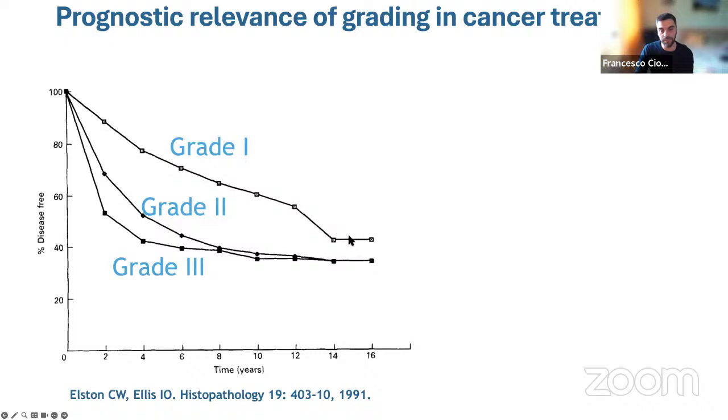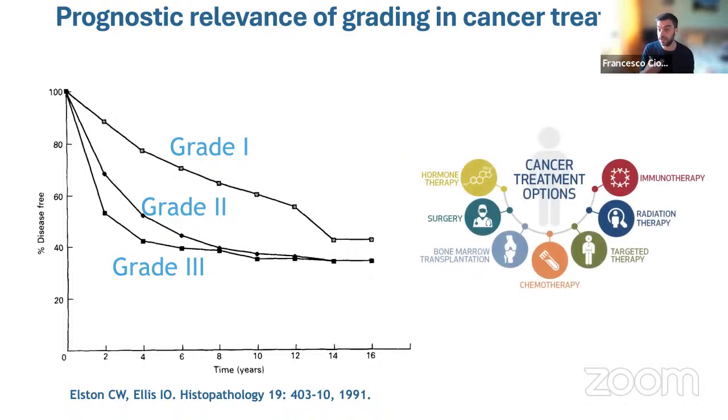You see grade 1 cases do much better than grade 2 and 3 overall. So this is probability of survival over time. And actually, it's something that you have to do pretty right, because depending on this, you also make choices on how you treat the patient. And now we are in an era where there is plenty of options for treating patients, from immunotherapy, radiation therapy, targeted therapy, hormone therapy. And all of these choices are in principle possible, but you need to find which one works best for the patient. And grading is one of the ingredients to actually make this decision.